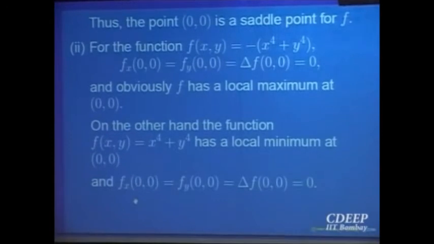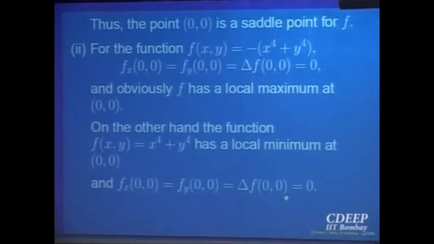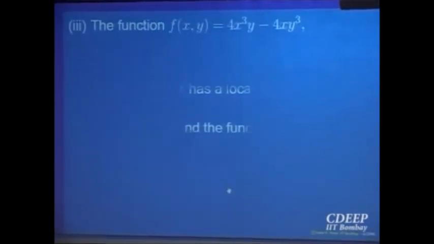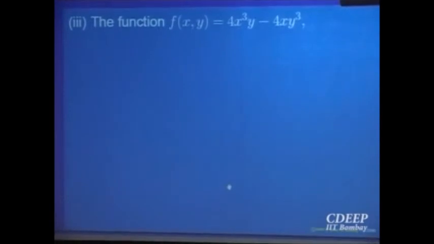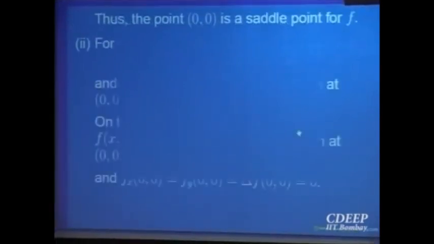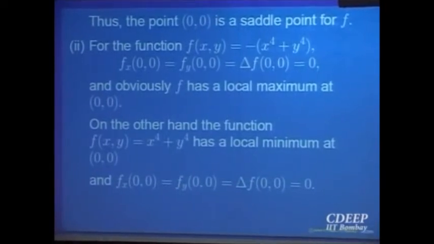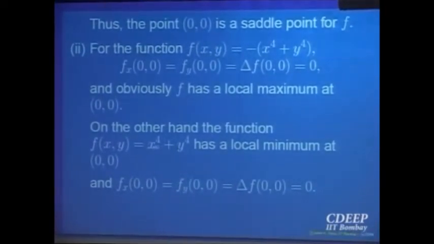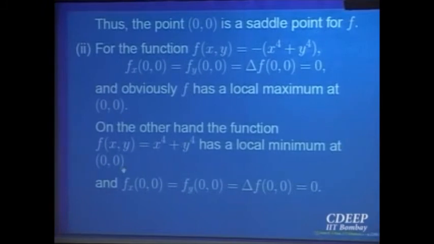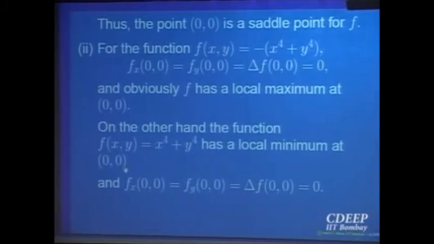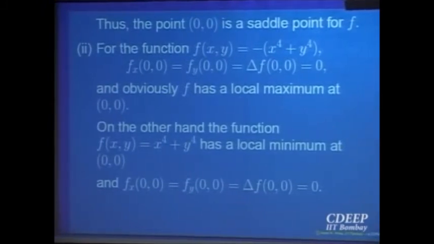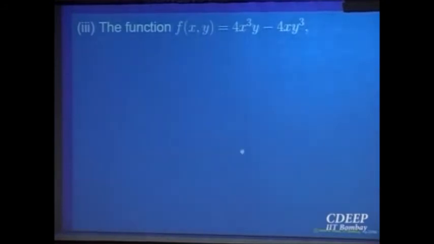Let us analyze. The first derivative comes out to be equal to 0. What about the discriminant? Oh, I have not done the discriminant for this. Okay. Probably, take it as an exercise. Try to see whether by the discriminant test you can say that at the point 0, 0 it is a point of local maximum or not.